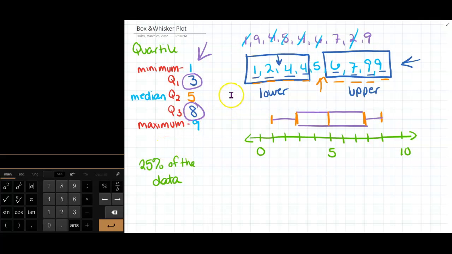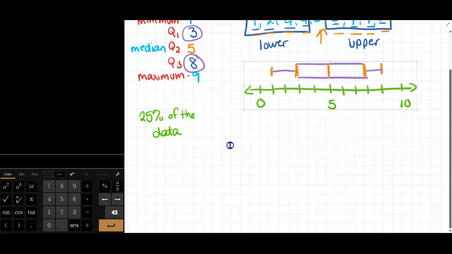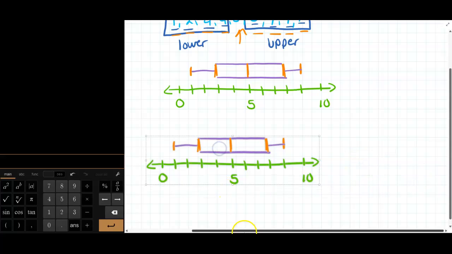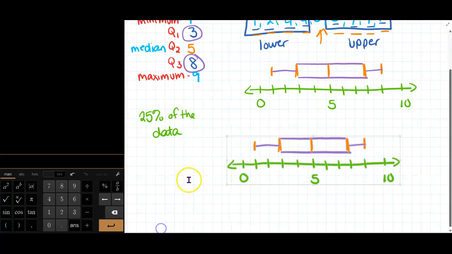So we just did this box and whisker plot, and we're going to use our plot and our 5-number summary to find our interquartile range. So your interquartile range, or IQR, interquartile